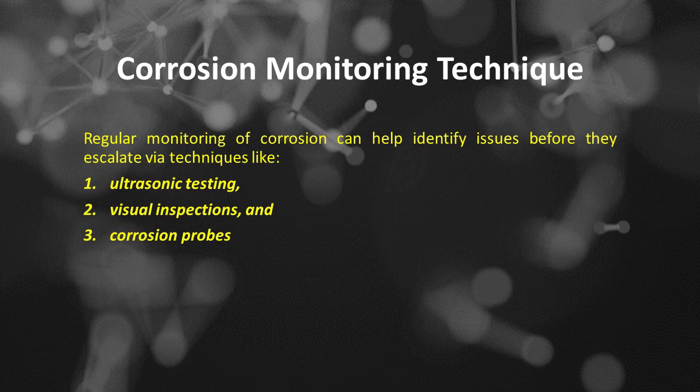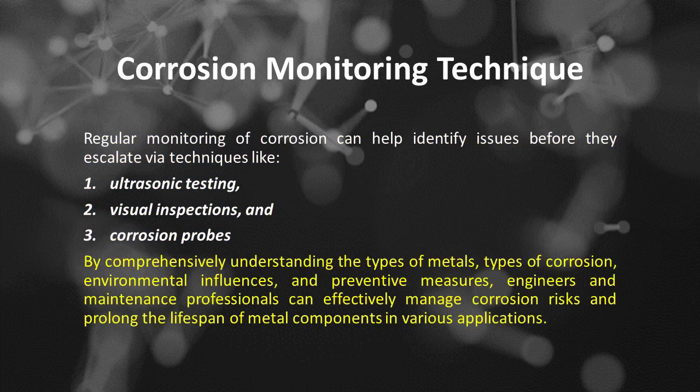Corrosion monitoring technique. Regular monitoring of corrosion can help identify issues before they escalate via techniques like ultrasonic testing, visual inspections, and corrosion probes. By comprehensively understanding the types of metals, types of corrosion, environmental influences, and preventive measures, engineers and maintenance professionals can effectively manage corrosion risks and prolong the lifespan of metal